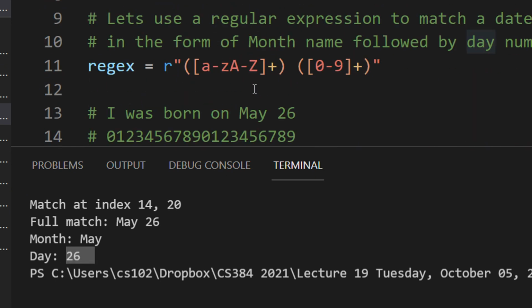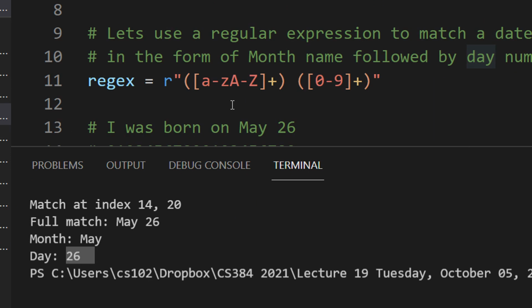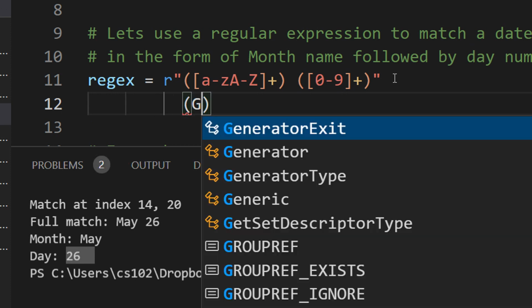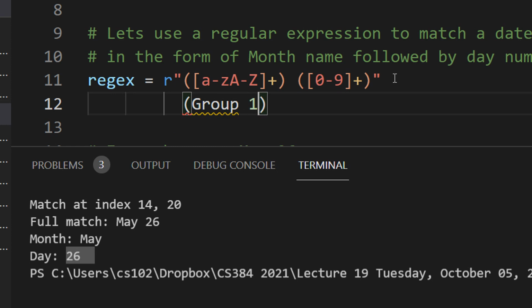So how did it match? Basically, see what happens here. For group, you need to place your individual regular expression into brackets, right? This is group 1, for reference I'm showing you like this, and this is group 2.